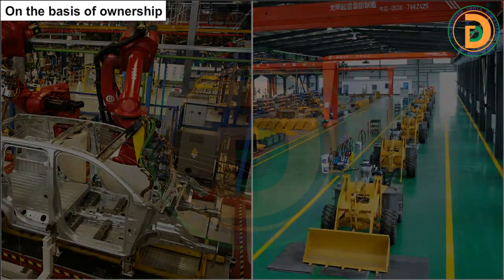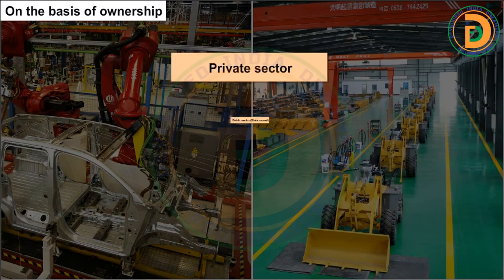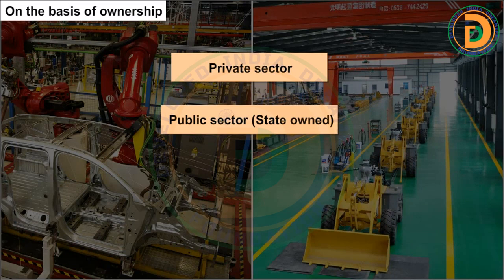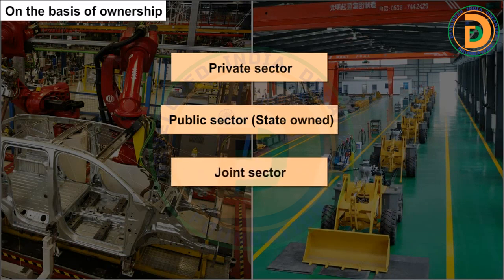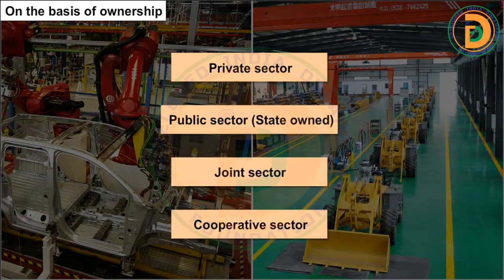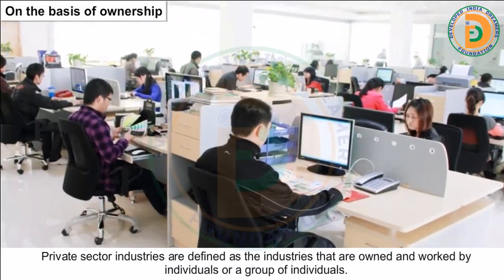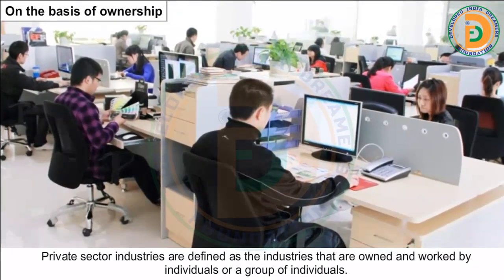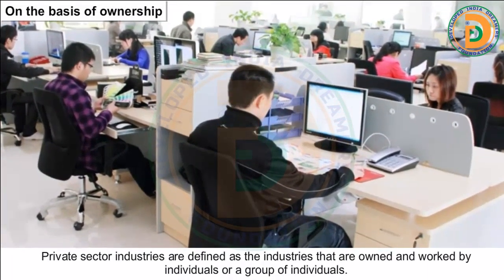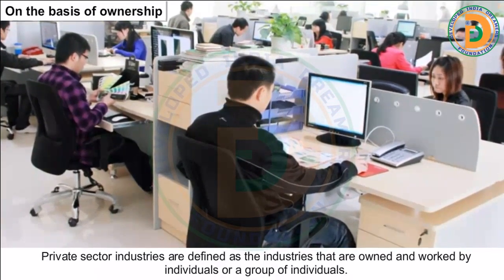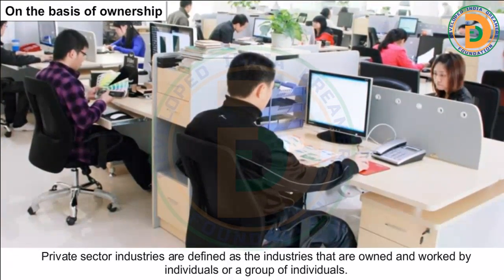On the basis of ownership, industries can be classified into the following: private sector, public sector or state-owned, joint sector and cooperative sector. Private sector industries are defined as the industries that are owned and worked by individuals or a group of individuals. For example,